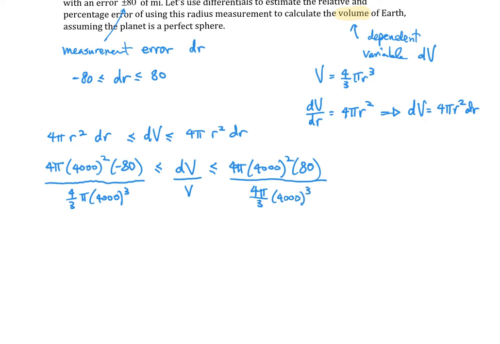When I simplify this down, I pop both of those numbers into the calculator. They're just opposite signs from each other. When you calculate what that is, you're going to end up with negative 0.06 and 0.06. So this means our relative error